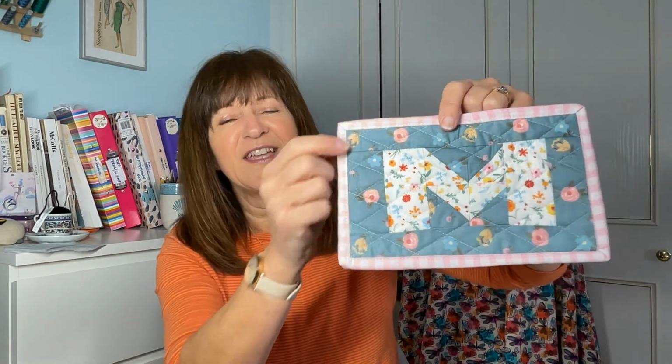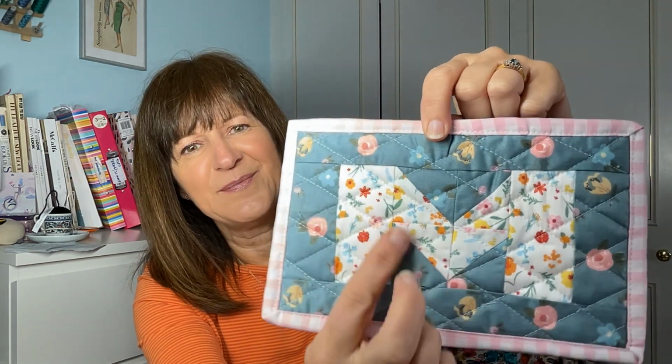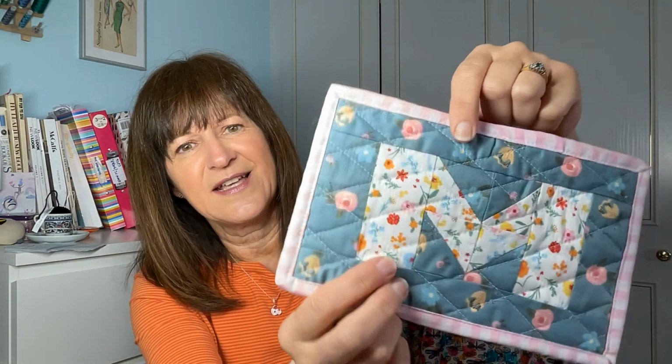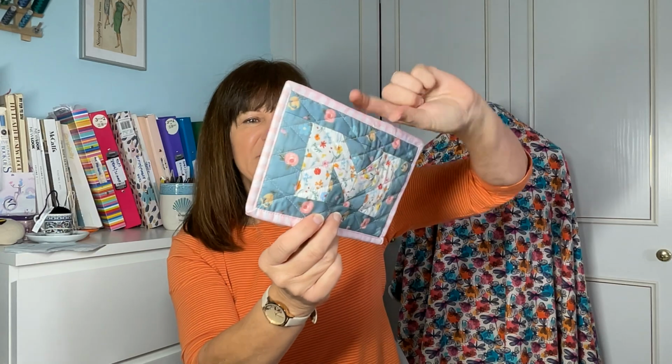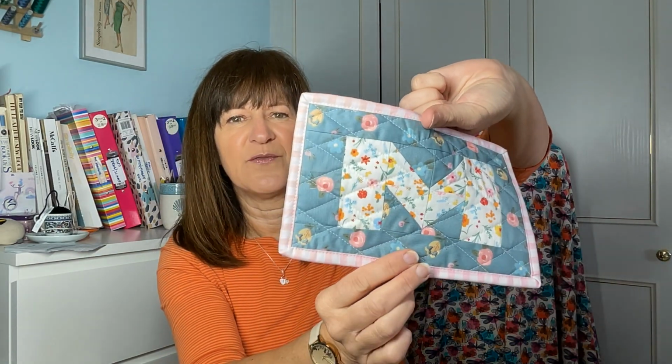My mum, although it's Emma for mum, her actual Christian name starts with an M as well, so it's just perfect. But here we have it, and I know the M is a bit bold, but I think it's made quite a cute little mug rug, and I was pleased with my triangular bits of piecing there. And I then had these, which were from a jelly roll I used not very long ago,